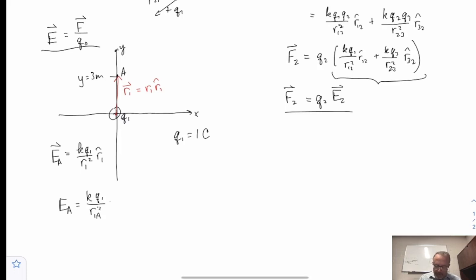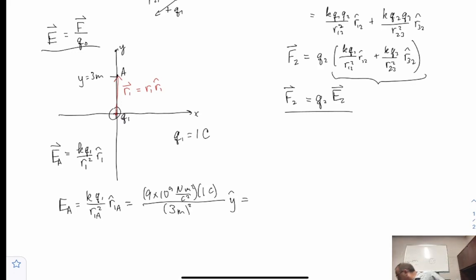So let's do that. K, 9 times 10 to the 9 Newton meter squared per coulomb squared, times Q1, 1 coulomb, over R1A, which is 3 meters squared, in the R1A hat direction, which is plus y hat. Okay, and so I can do that math there if I had a calculator that was operational,